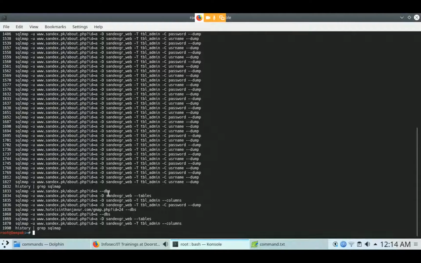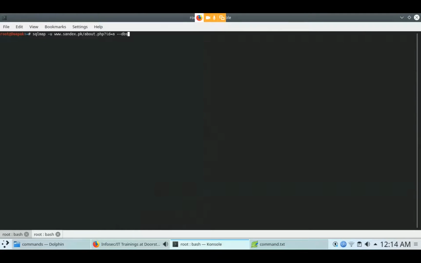So if you want to find the database, you have to run this one command: sqlmap -u. U means URL. Sir, --dbs is database? Yeah, --dbs means database, and -u is used for URL. After that, hit enter.